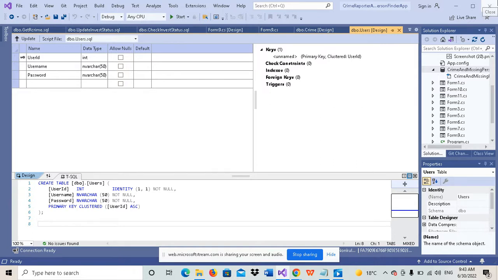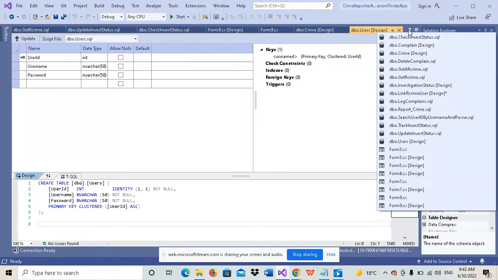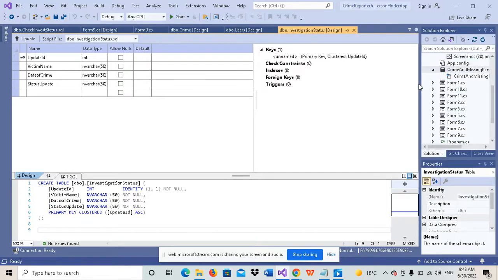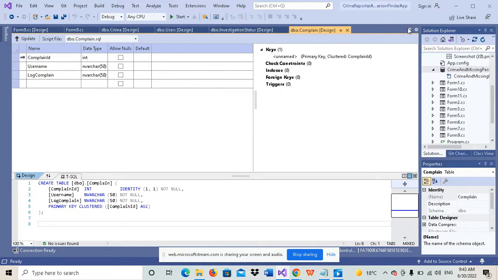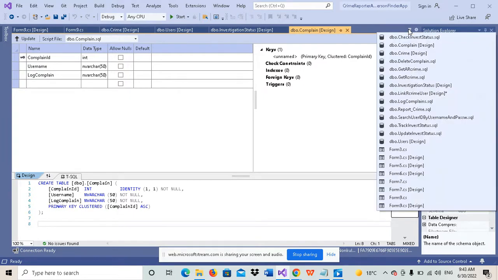It also has the table update investigation status, where the police admin can update the investigation status so that the person that reports the crime can access the status. We also have the table where you can log in to make a complaint,